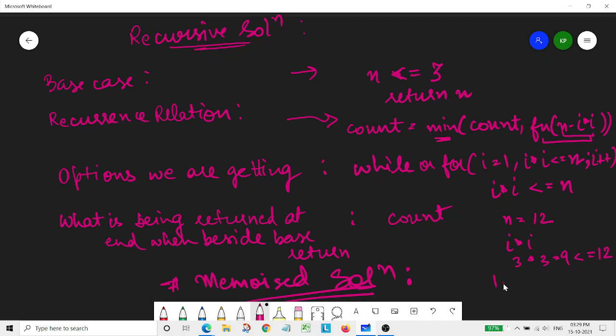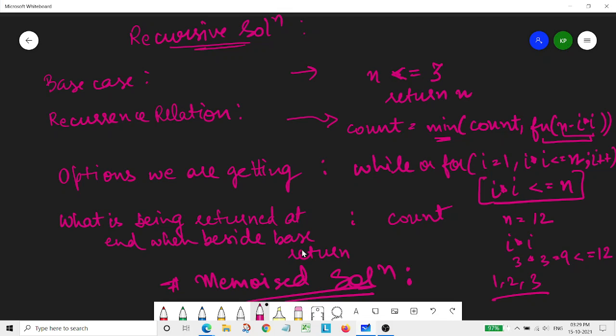So that's why we have 1, 2, 3, meaning we had 3 possible options at the start of our recursion tree, and at each level these possibilities would start decreasing. So every level is dependent on this particular condition, meaning the options we are getting are because of this condition only.